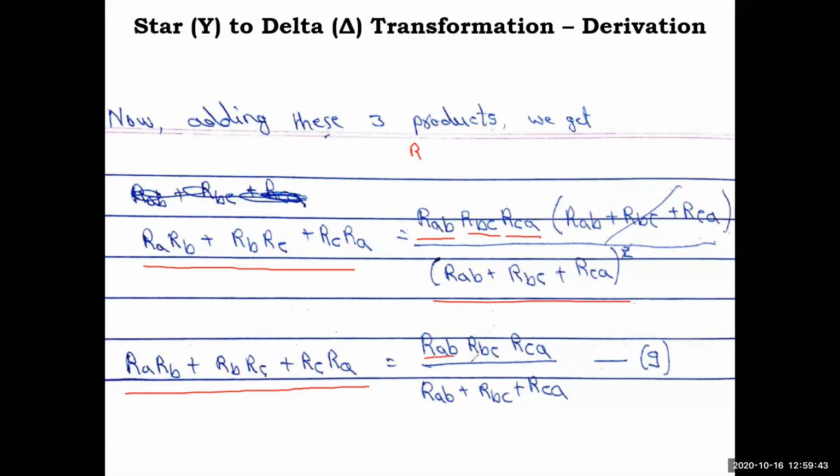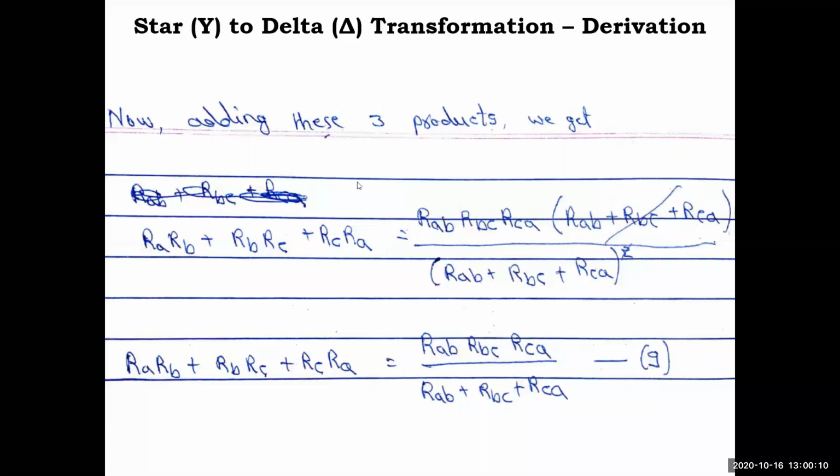Okay, since it is multiplication RAB RBC RCA, just what we are going to do here is, we are trying to divide the equation 9 by the respective equations of 5, 6, 8. Okay, so what is RA? So we'll divide the equation by RA. When you divide the equation by RA, whatever is there, RA will substitute in this right side. Okay, so that we'll do next. So you'll understand. So you'll get the 3 sets of equations of the delta network. So remember this equation here, equation 9 is important here for all the 3 calculations of resistances.